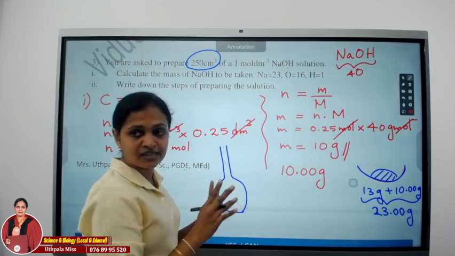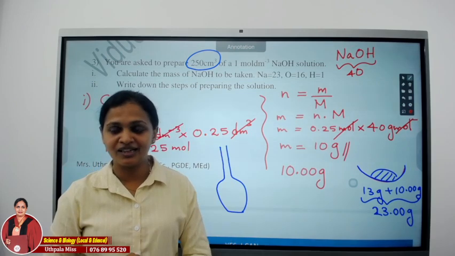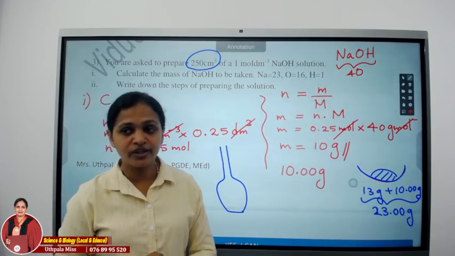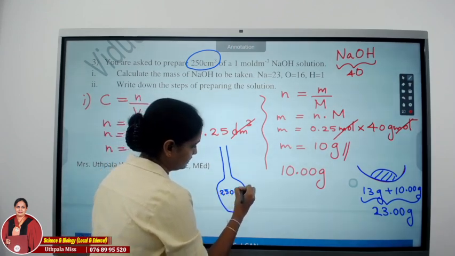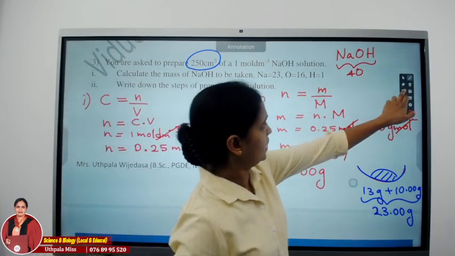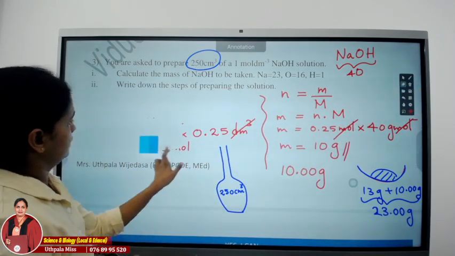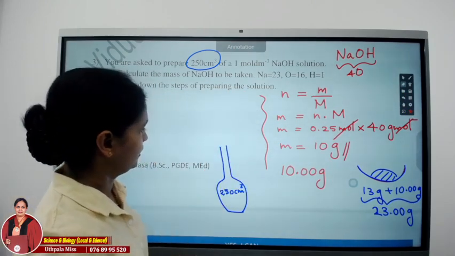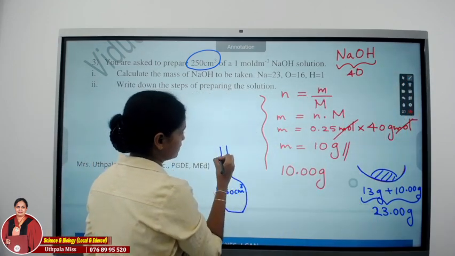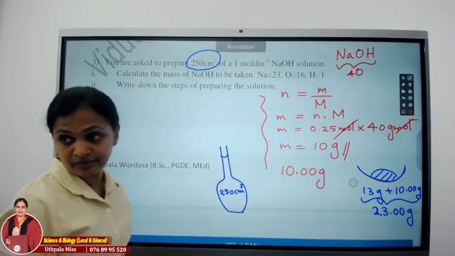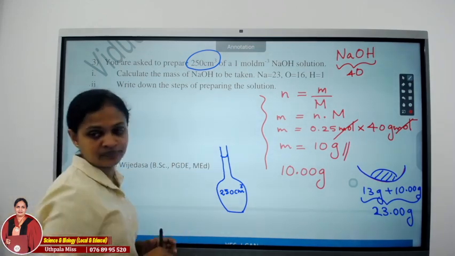Likewise, there are volumetric flasks of different volumes. Then here we have to select a 250 cubic centimeter volumetric flask. Right? You have to select a 250 cubic centimeter volumetric flask. And in that they have marked the level like this. A small mark is made on the flask, the 250 mark. After that